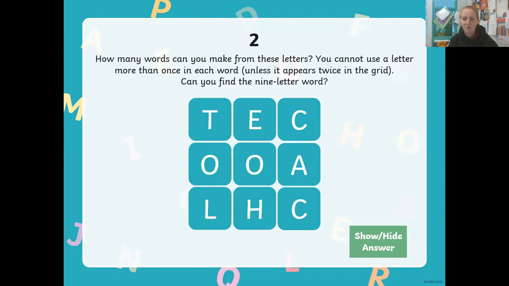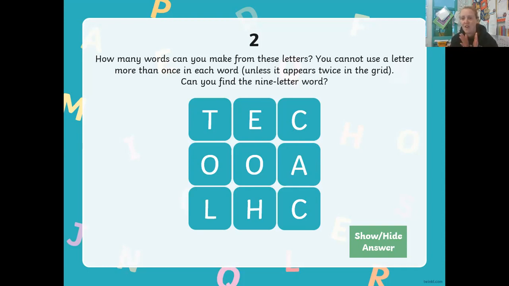Okay, so pause me now. In fact, I'll do one just so you know. I can make the word cat out of these letters. I can make the word hot. They're 3-letter words. You can make any word that you want. You could make a 2-letter word like at, or let me think if I can do a bigger word, catch, a 5-letter word. So as many words as you can in 10 minutes, maximum of 10 minutes,